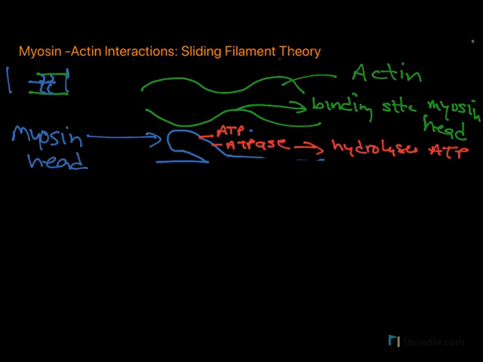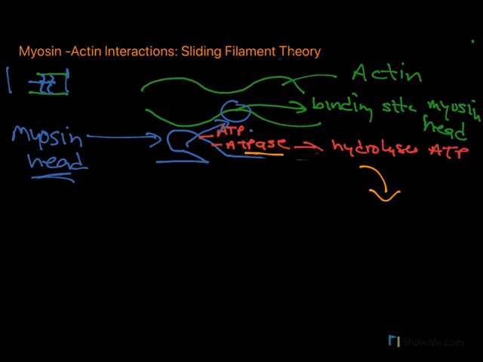Okay, so now the way I've drawn it here, you can see clearly that the myosin head can't bind in this spot. This is the spot where the myosin head needs to bind. The way I've drawn it, the myosin head is not in position, obviously, to bind in that region on the actin. So what has to happen? Clearly, the myosin head needs to move so that it can then be in the position to bind in its binding site. So what happens